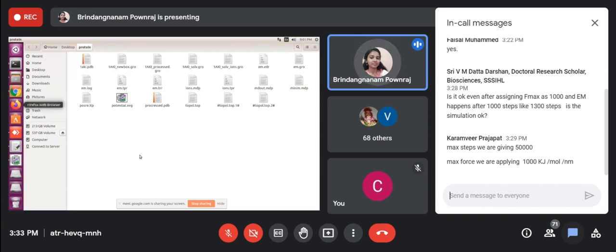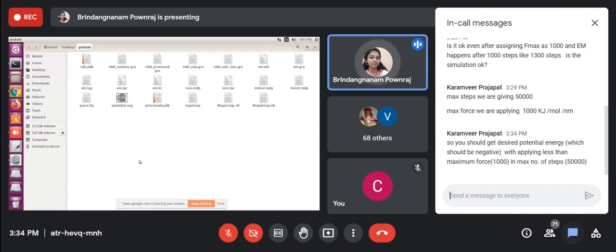Next step is equilibration. In equilibration, what we are basically doing? There are two phases in the equilibration step. One phase is we are stabilizing the protein, means we are bringing our protein to room temperature. Room temperature is 37 degrees Celsius, right?